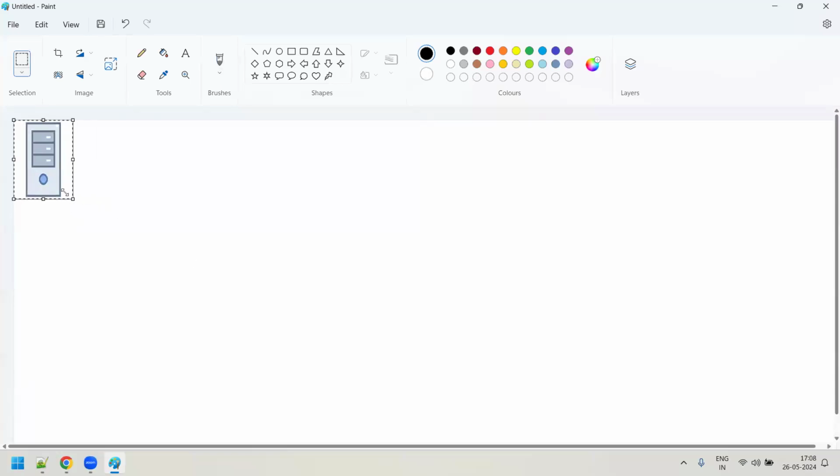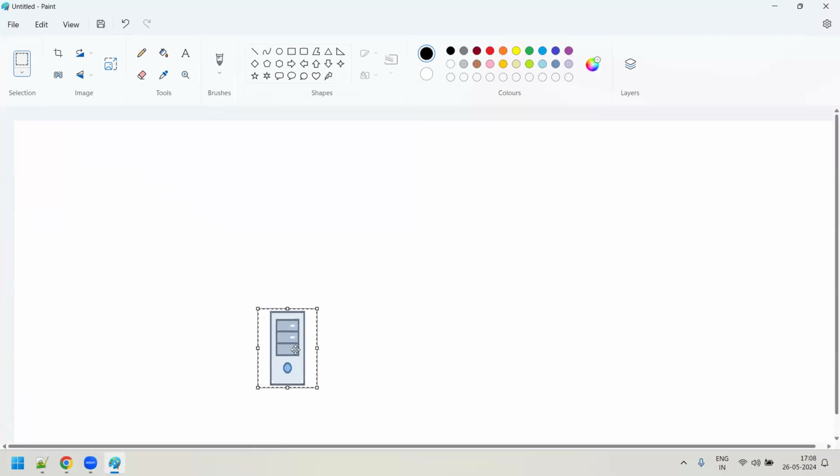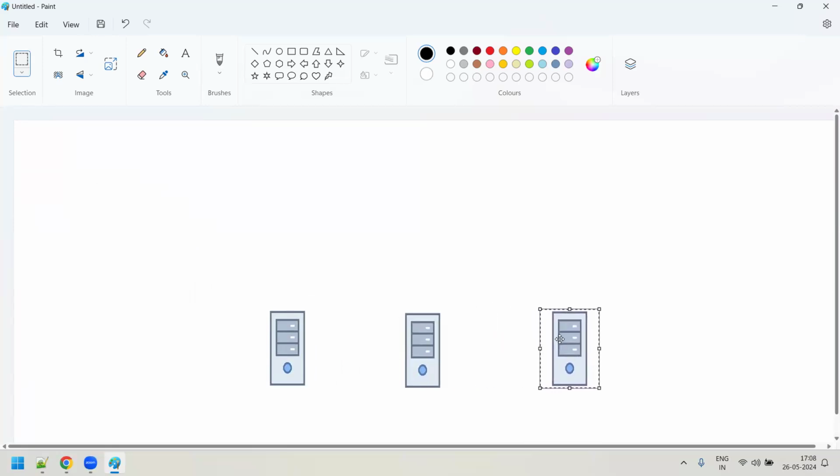Consider that I have three servers: this is server 1, server 2, and server 3. Clear? And you have one more server. We will utilize this server for